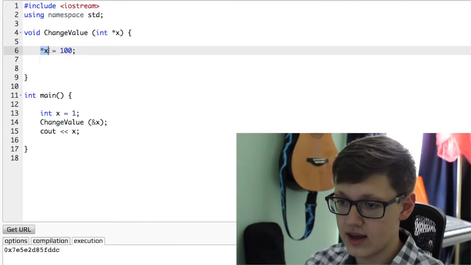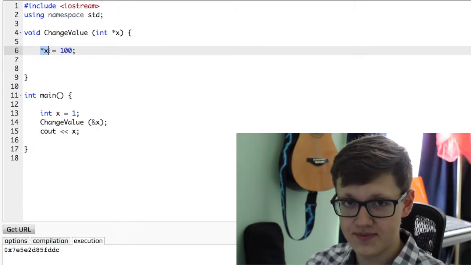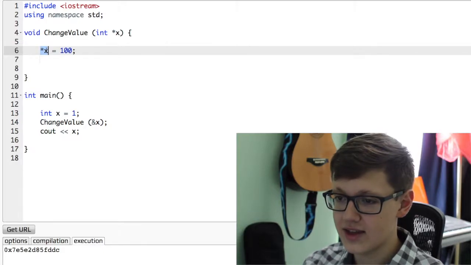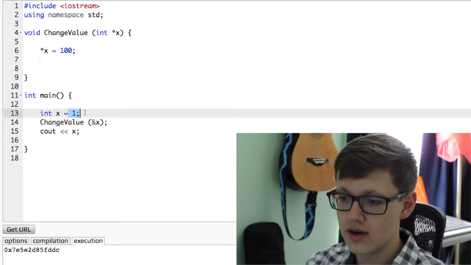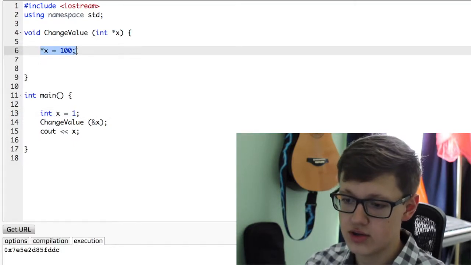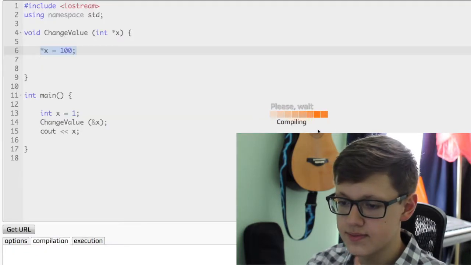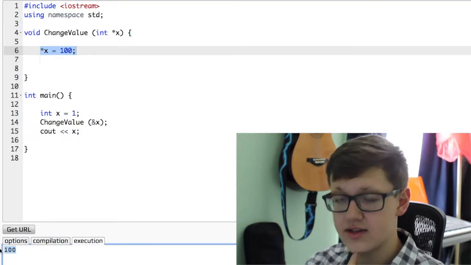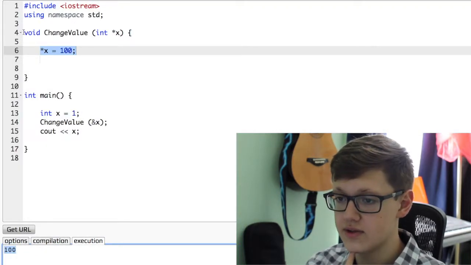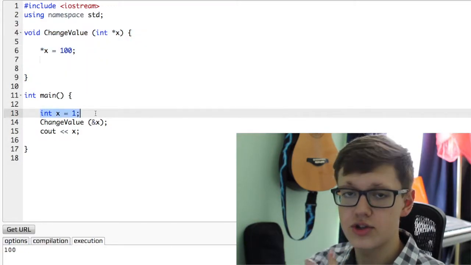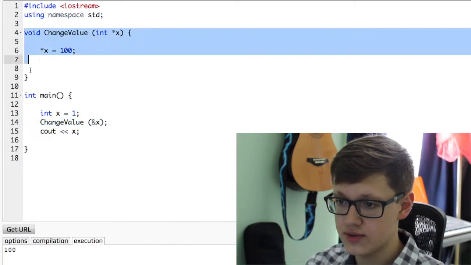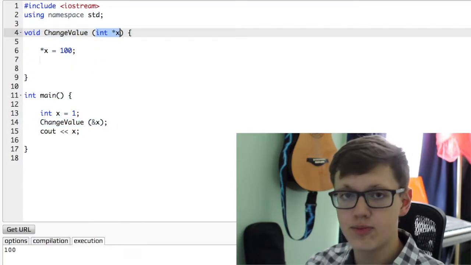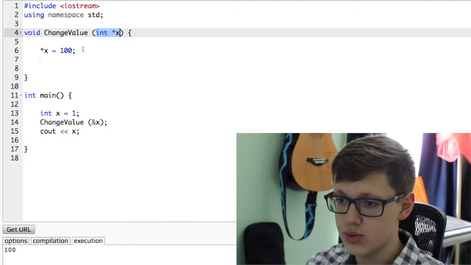So it gets the address, bear with me here, and this extra asterisk means the value within that address, which is 1, and then it changes it to 100. So if we go ahead and click run, now x equals 100 because of this function, right? So originally it was 1, we passed the address of it to this function, we store it in this pointer, and from there with this pointer,